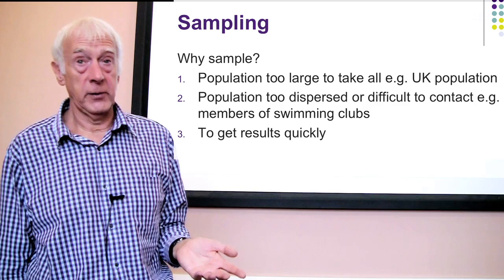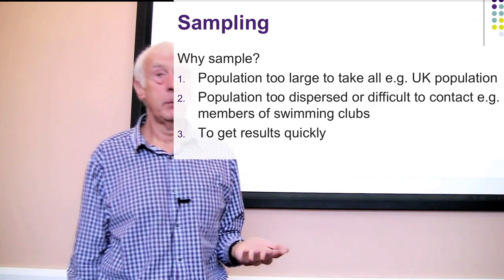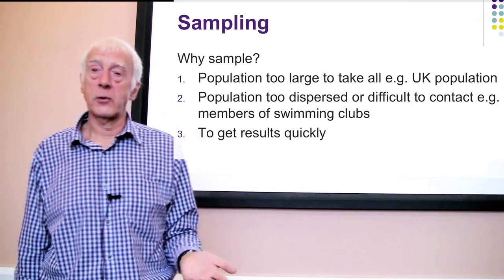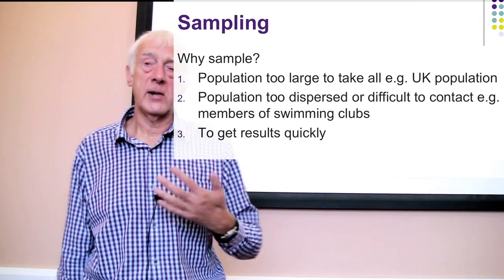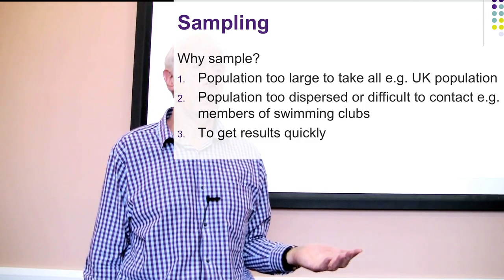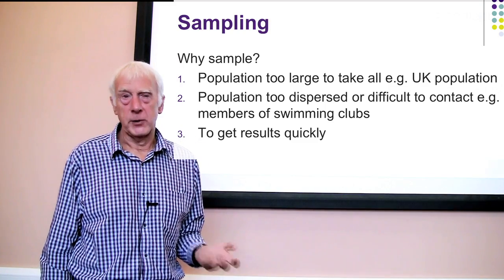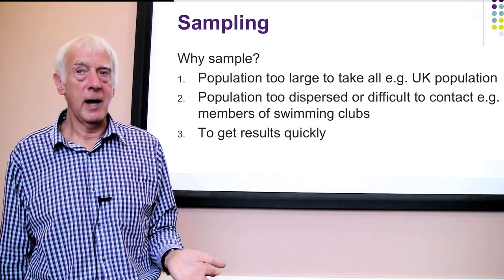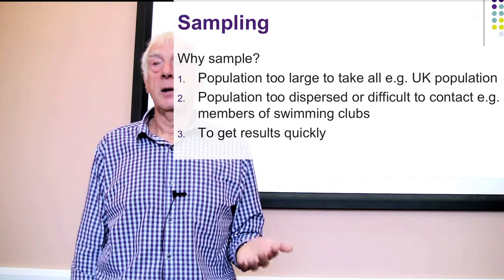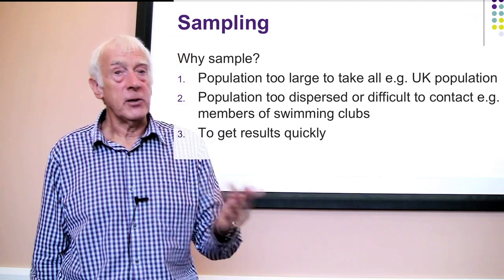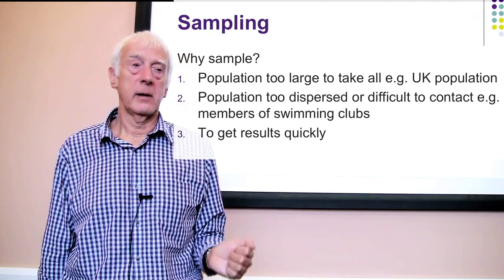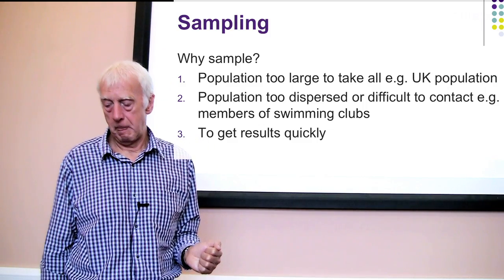Now, there are some examples other than the census that don't sample. One you'll be familiar with is the National Student Survey. That takes every single student who's registered and sends out a questionnaire to them, asks them to fill it in. Of course, they don't all do that. Response rate is relatively low, but nevertheless, it is every single person in the population who is being targeted.